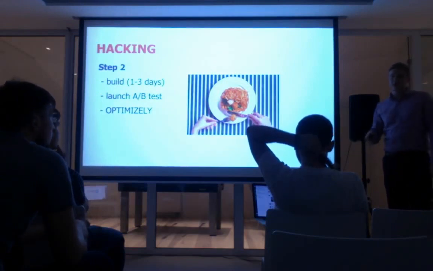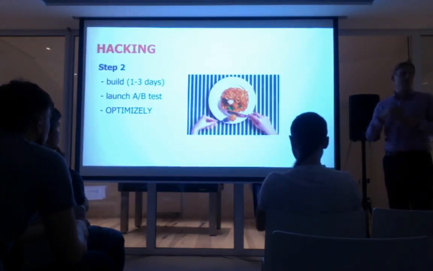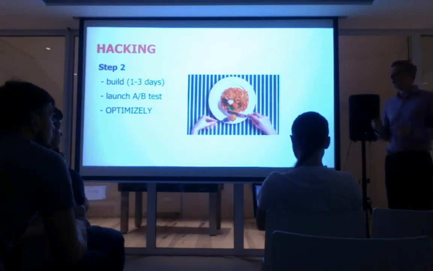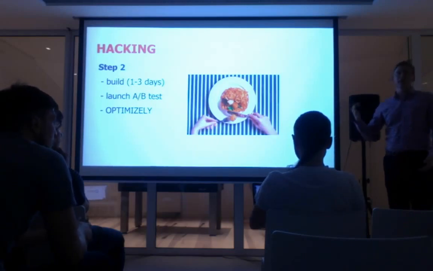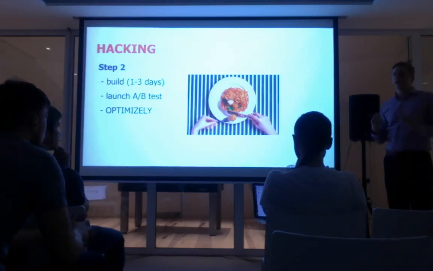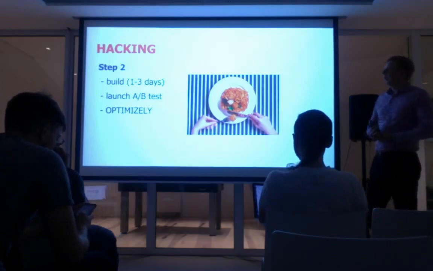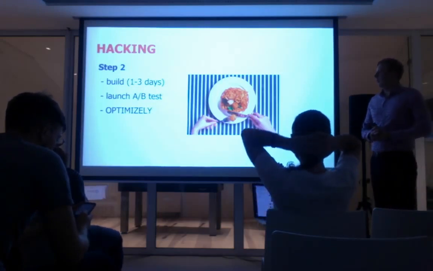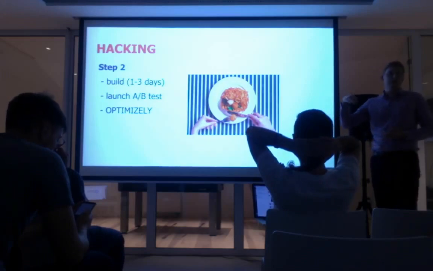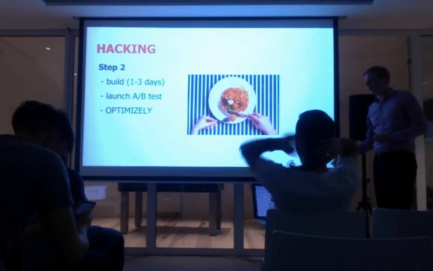For us, it's usually 2, because we try to tackle big problems, but maybe an hour if it's a small tweak. But if it's taking longer than 3, maybe 4 days, then probably you're not experimenting anymore, you're building a feature already. So you should cut down your scope. We build it in Optimizely, that's what we currently use, and then launch as an A/B test to see how the interactions are going on.